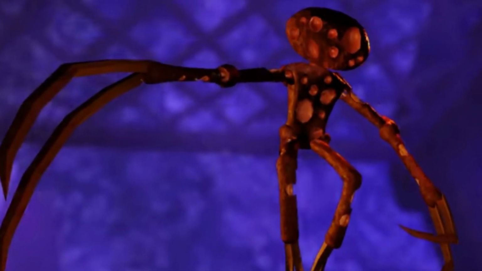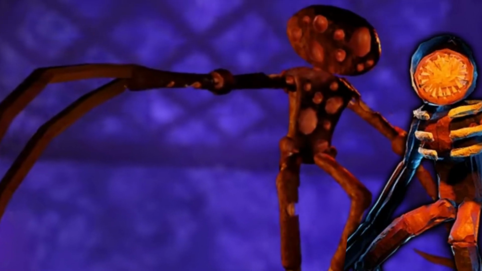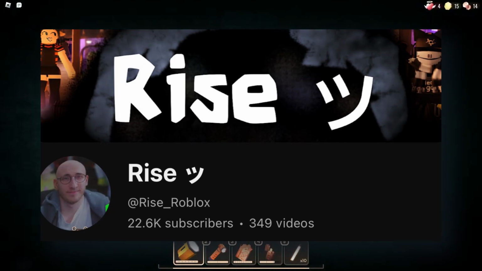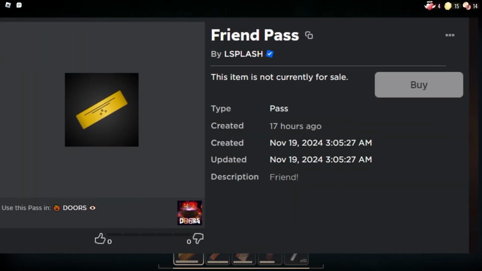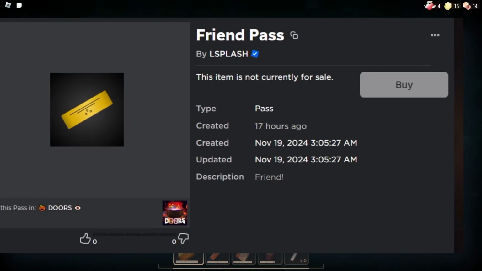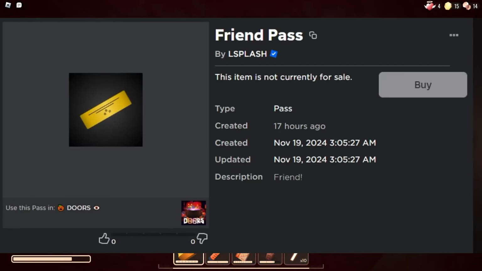I'm really digging the figure type look of this, but also how creepy it looks. But yeah, I'm definitely digging it. But going back to Rise on YouTube, he was able to show us that we did get a leaked badge, or Game Pass. This is pretty rare because Doors never had any Game Passes, and it looks like we will be getting one. This is called the Friend Pass, which is just named that because they don't want to leak